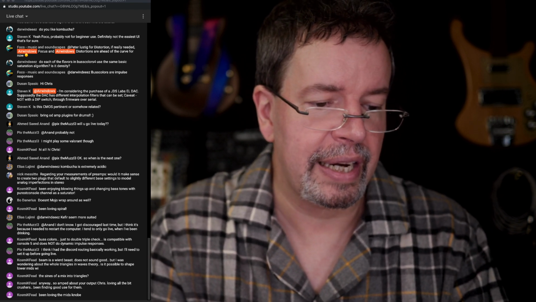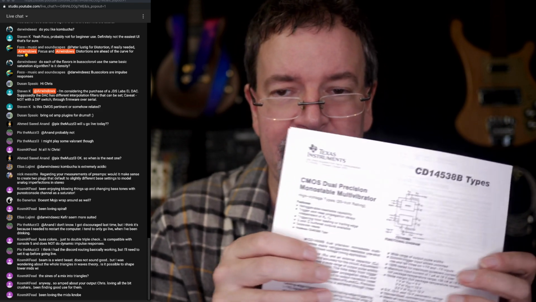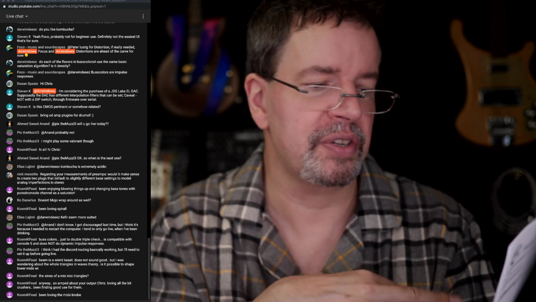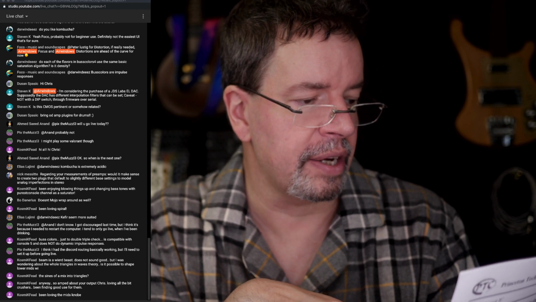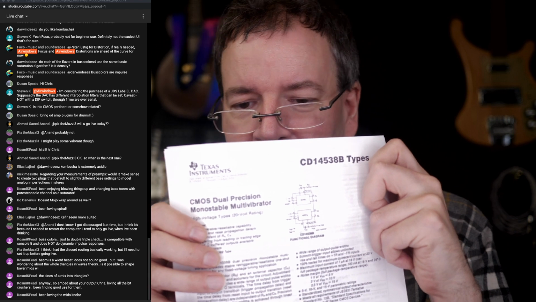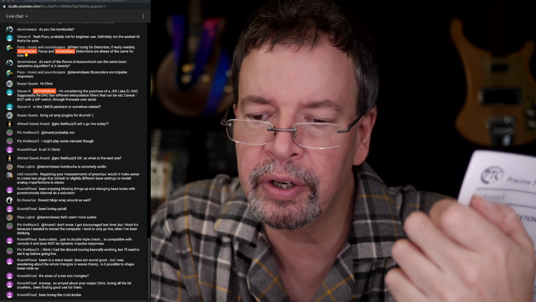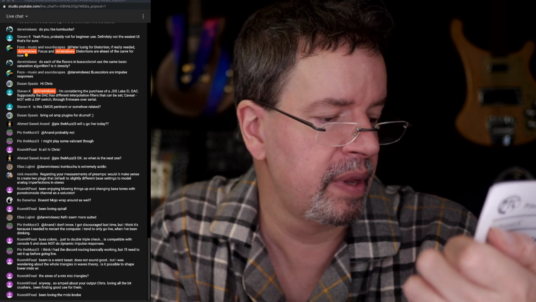CD14538B. This one's interesting because it's called a dual precision monostable multivibrator. What it is is a pulse lengthener. You could use it as a primitive envelope generator.